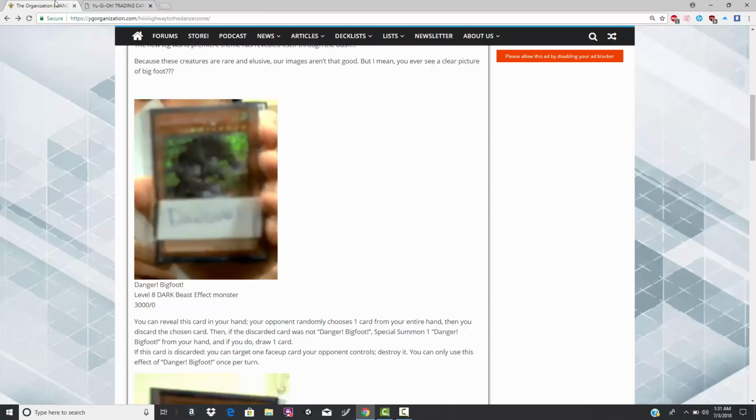So it says you can reveal this card in your hand. That is the cost. Your opponent randomly chooses 1 card from your entire hand, which makes me think this is a go second deck. Then discard the chosen card. Then if the chosen card was not Danger Bigfoot, special summon Danger Bigfoot from your hand, and if you do,